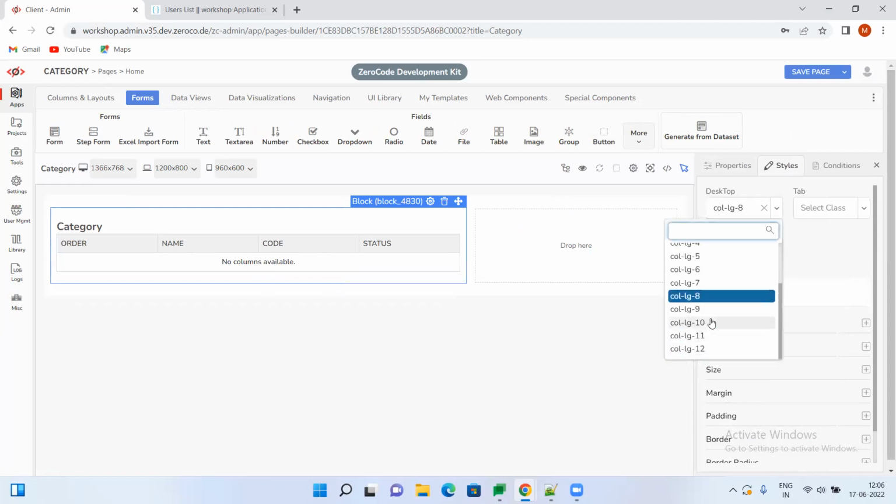Yeah, yeah. So I have taken a total width of 12. In that I have divided it up to 8. I hope everyone knows about this. In CSS, in Bootstrap, the entire page will be divided into 12 parts, each and every